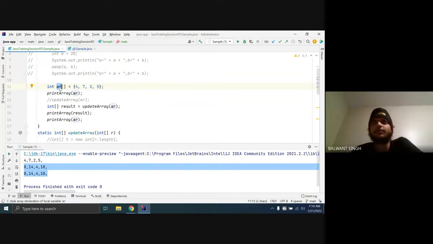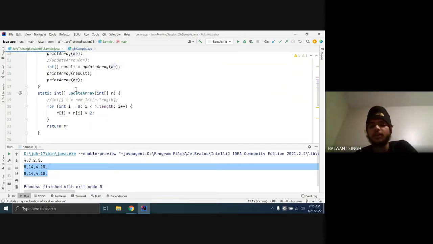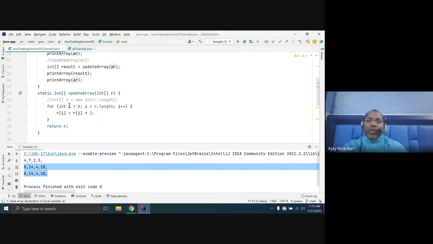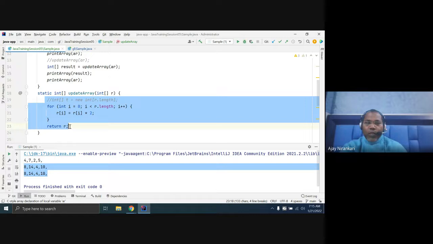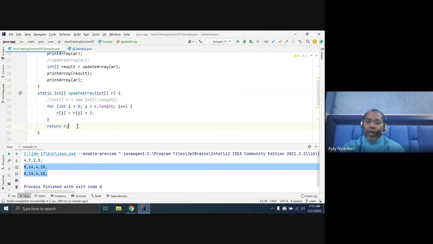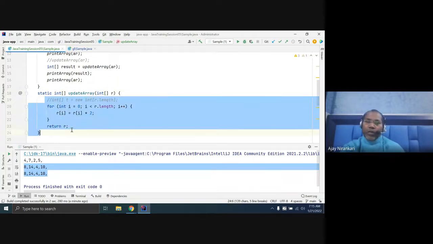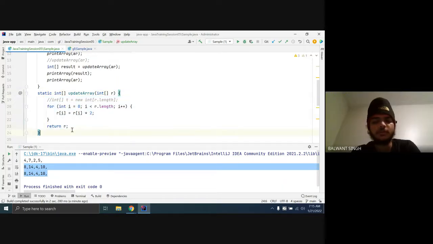If we use void, we can't print out anything, or it will print just a memory location. So depending on what logic you are going to write inside the method, accordingly you have to decide whether to return void, int, array or something. This completely depends upon the logic you have written here.